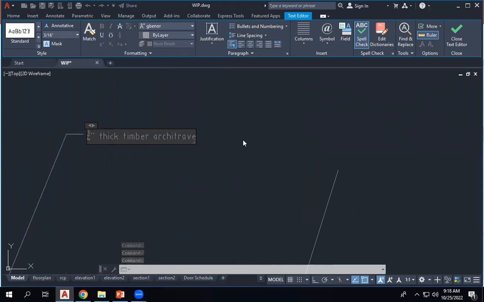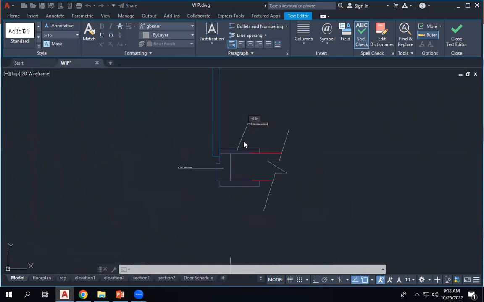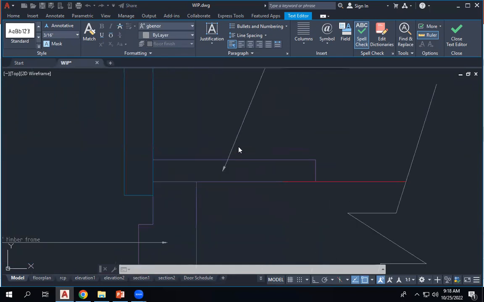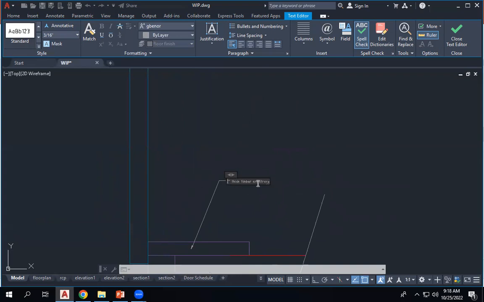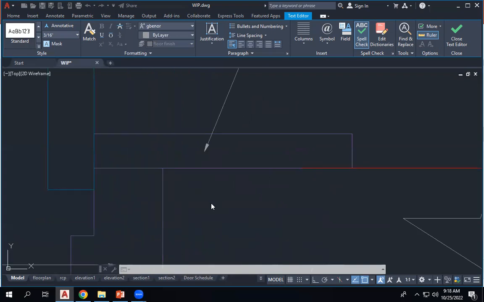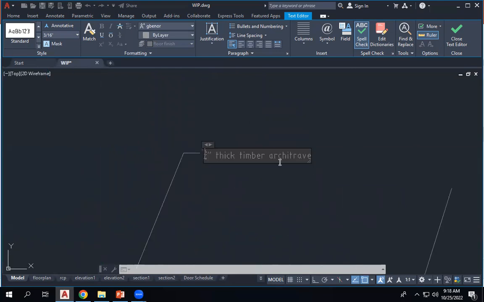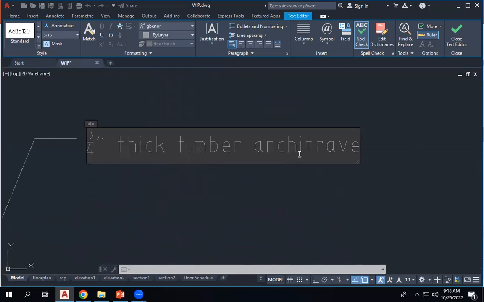Here also you need to say if this is pasted or screwed or anything to the existing timber frame. It's also how you do it. You should say it here. If you want it to be screwed or pasted, you need to mention it here. So I will just put a 3/4 inch thick timber architrave screw